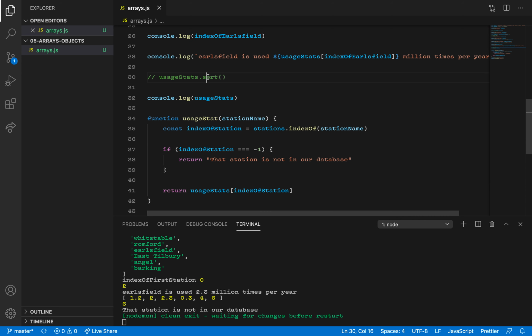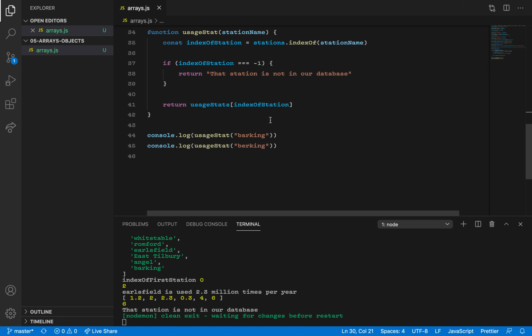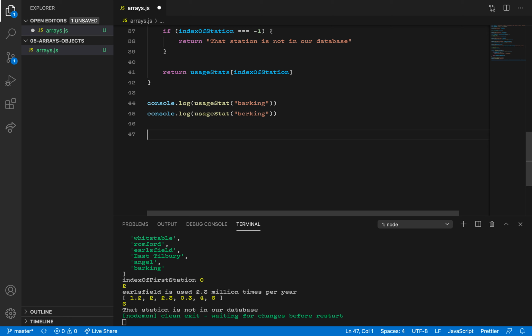Okay, so we've sorted. What could we do? We could have a sorted... Oh, that could be fun. We can sort the names array based on the new order of the sorted usage stats array. Okay, so first we want to sort the